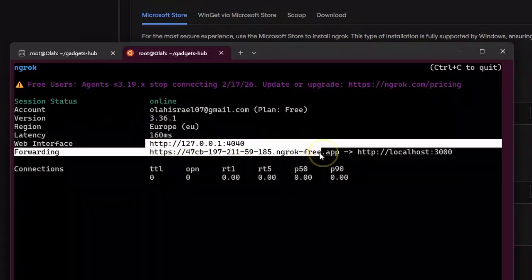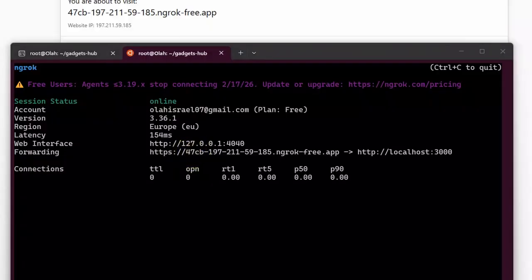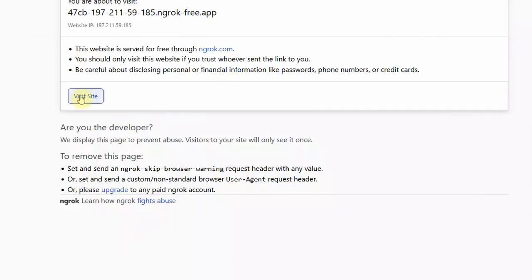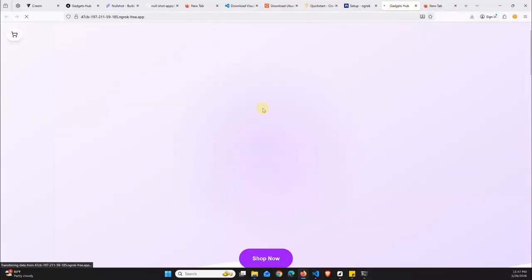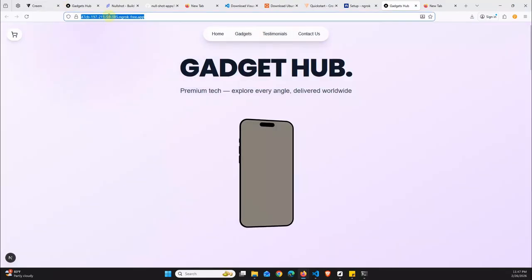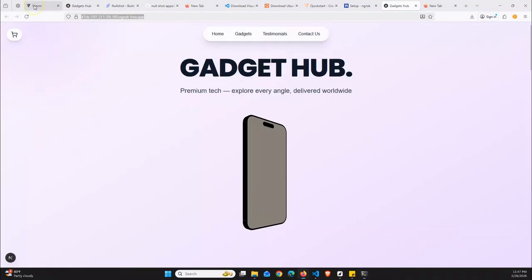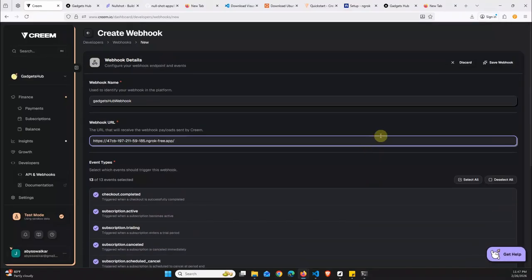So I'm going to be copying. Or I can just hit Control and click, and it will open the website for me using that same URL. And if I click on Visit Site, it should take me to Gadget Hub. So you can see this is my website. So I'm going to be copying this instead. Copy, or I can just copy the one here. But either way, let's paste it here. And once that is pasted,